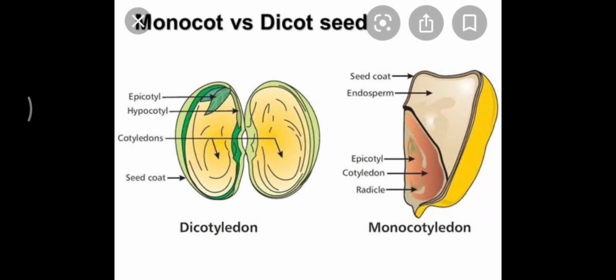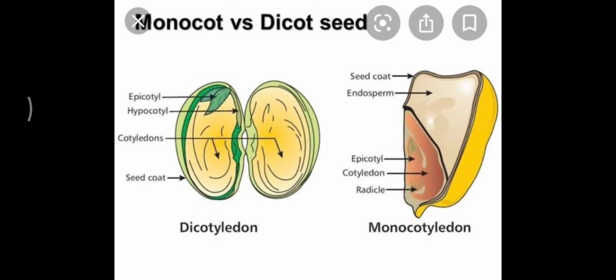Structure of a monocot seed. Most of the monocot seeds are endospermic, that is they have endosperm within them. The seed coat is membranous and fused with the fruit wall. Endosperm reserves food for the embryo, and they have a single cotyledon which is called scutellum. Grasses are the best example for the monocots. Plumule and radicle are enclosed in a sheath-like covering for protection, which are coleoptile and coleorhiza respectively.